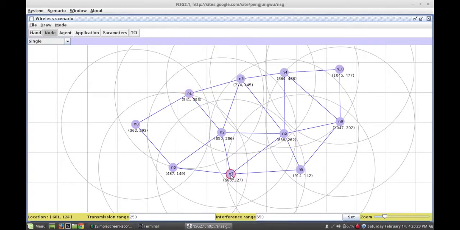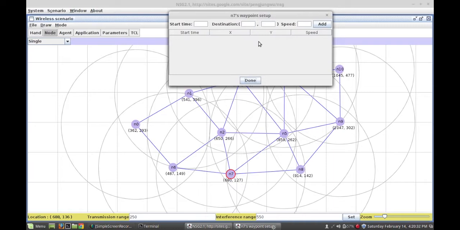Now I want node number 7 to move at start time 4 to the coordinates 500, 400, at the speed of 50. Add it and you're done.